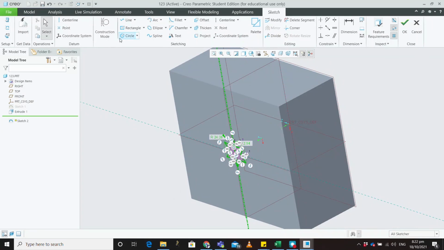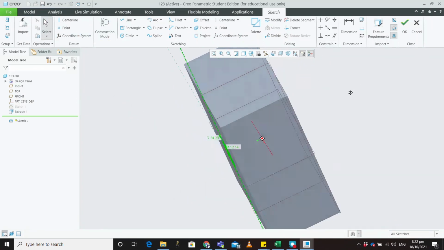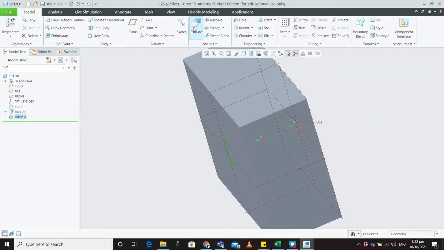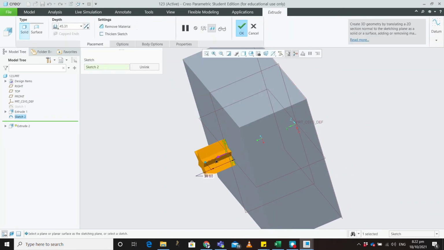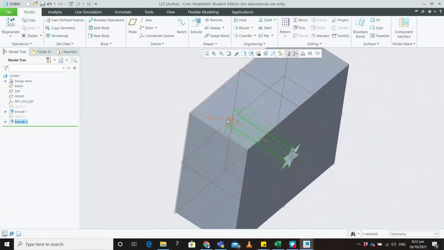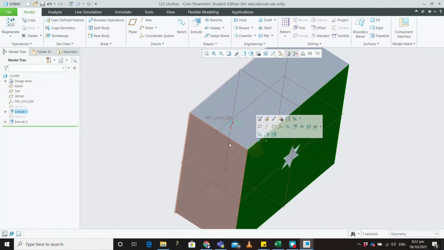I have taken a shape from its inbuilt library. We are going to be discussing that in the later sessions. In the next session, you can extrude that,